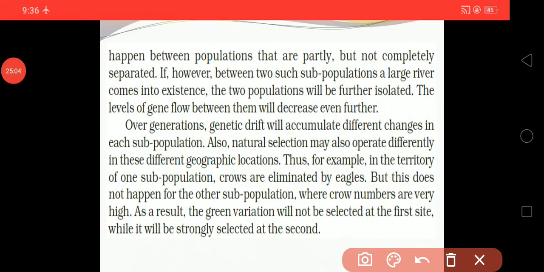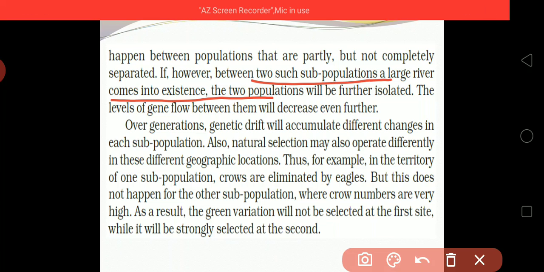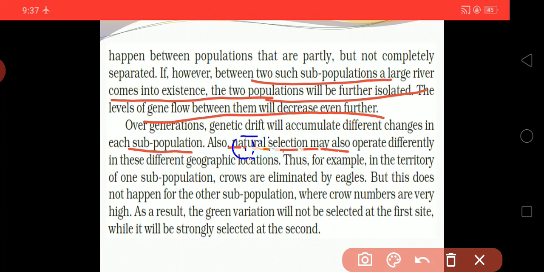If however between two such subpopulations there is a separation, the two populations will be further isolated, and the level of gene flow between them will be decreased even further. Over generations, genetic drift will accumulate different changes in a subpopulation. Also, natural selection may operate differently